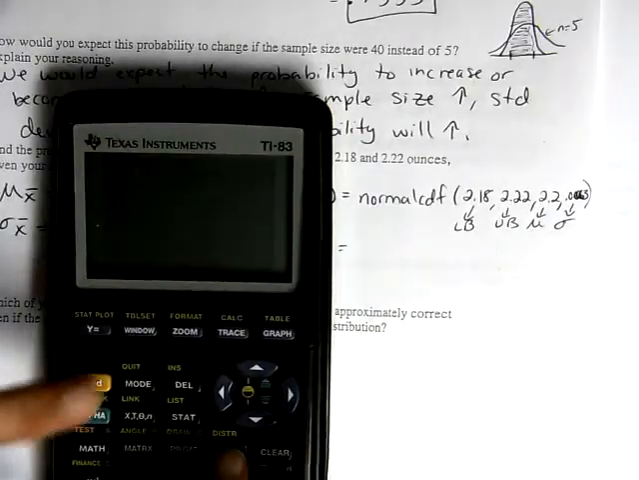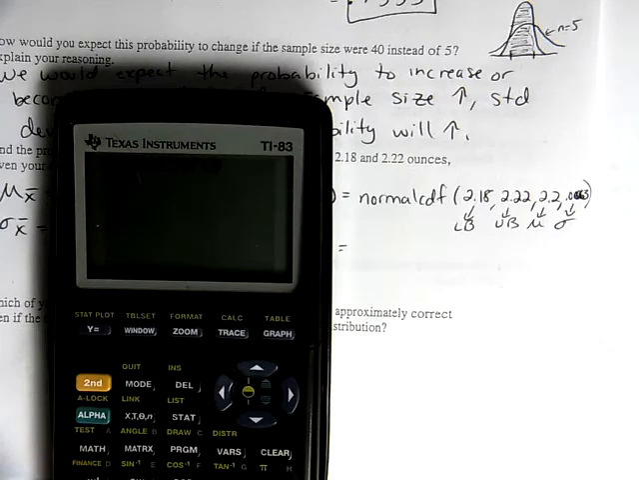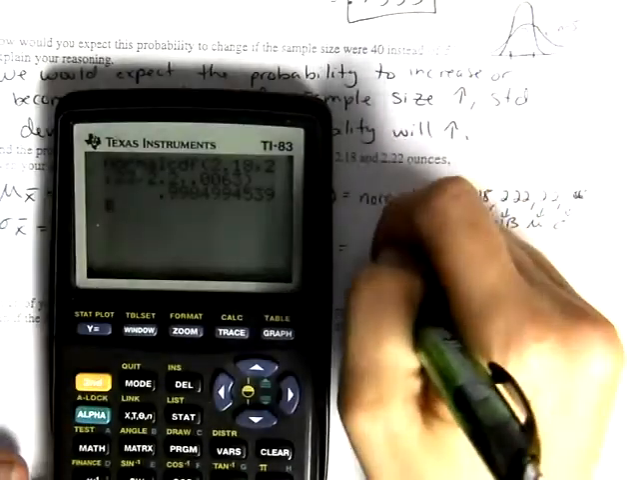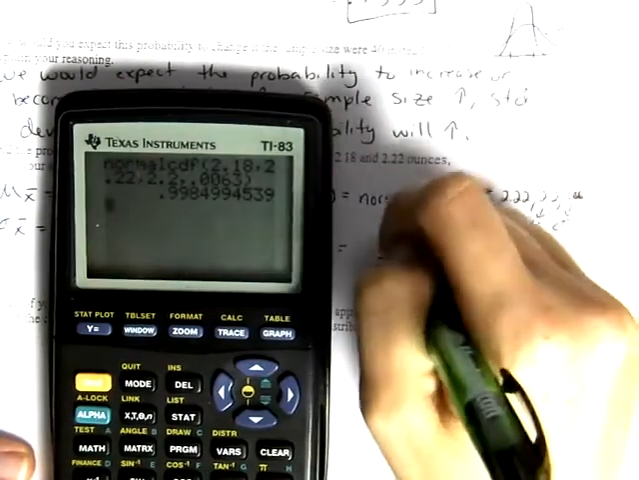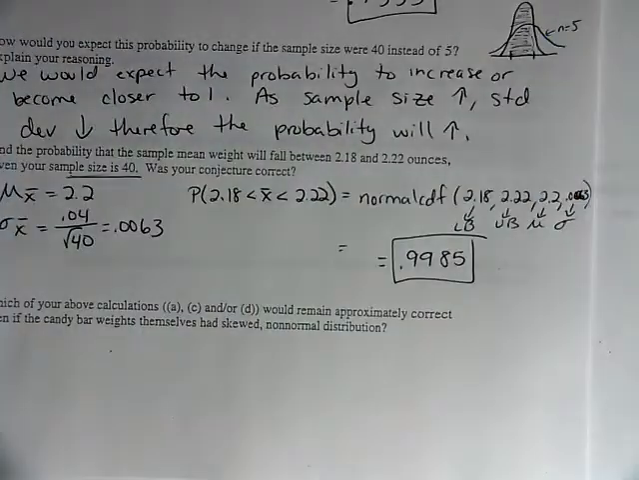So I'm going to go to normal CDF again. 2.18, 2.22, 2.2, 0.0063. And again, yours should come up as a prompt. So now look, our probability is 0.9985. So we went from a 38% chance with 1 candy bar to a 73% chance with 5, now a